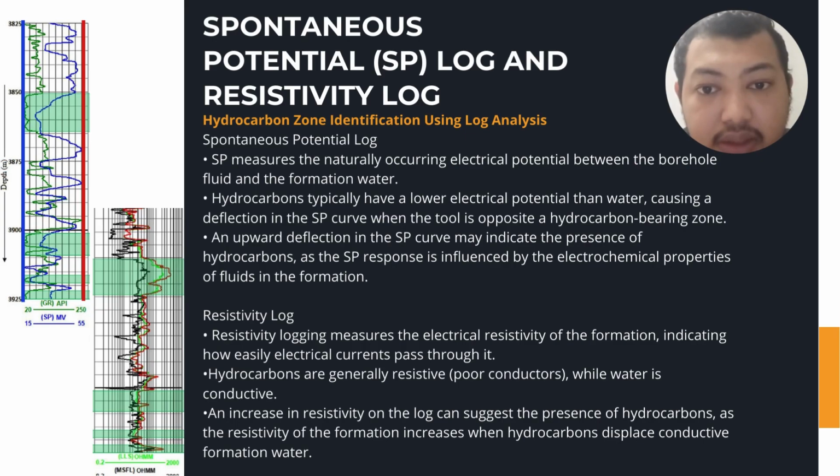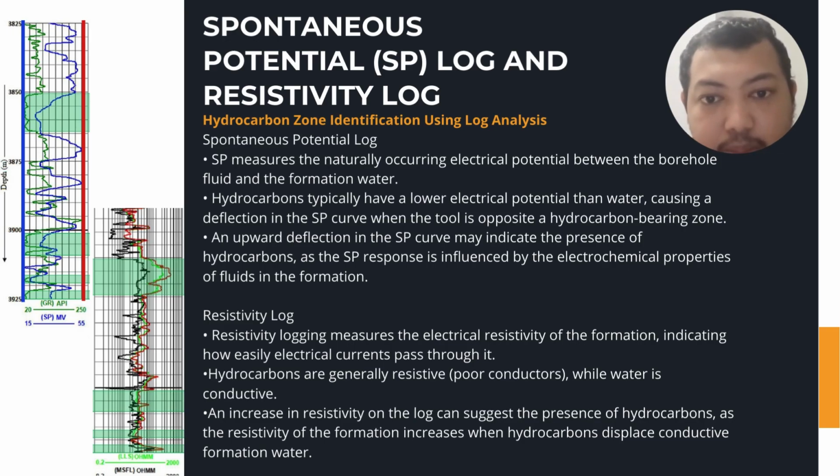The next one is resistivity increase. An increase in resistivity on the log suggests the possibility of hydrocarbon. This is because hydrocarbons tend to displace the conductive water in the formation, leading to higher resistivity. In summary, both the SP log and resistivity log are used to identify hydrocarbon zones through the analysis